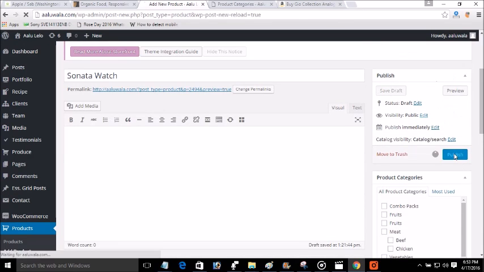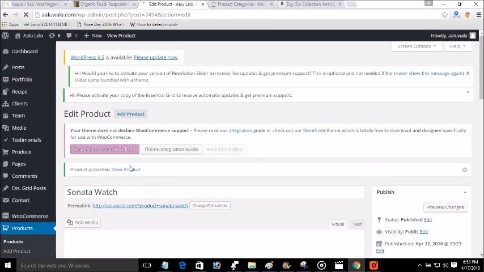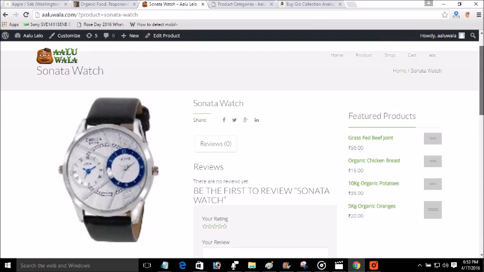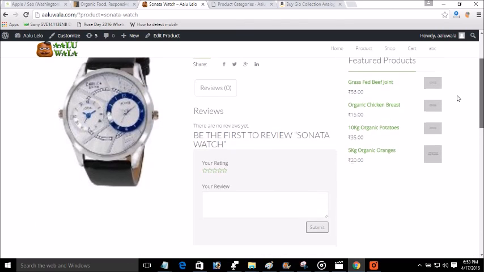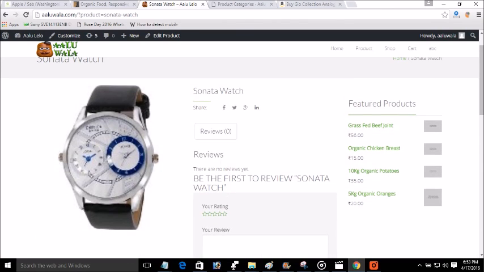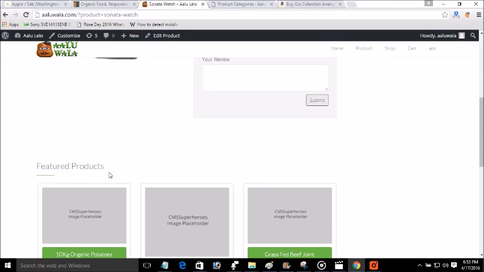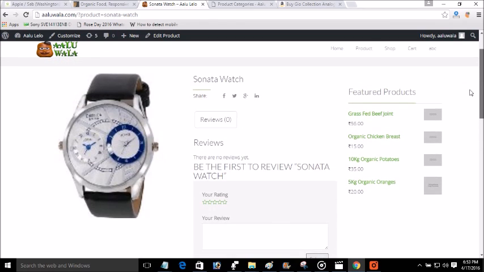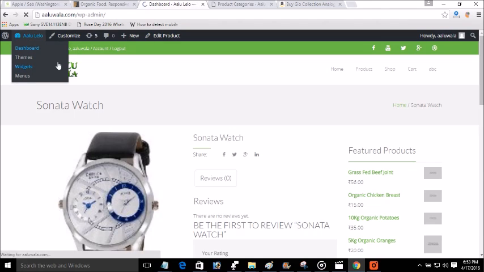Suppose let's publish this demo product and let's watch. So here is the demo product which we just added to see, and when you add the description, the short description will come here, and the complete specification part is this, which we left empty. So after doing this, let's come back to the dashboard,